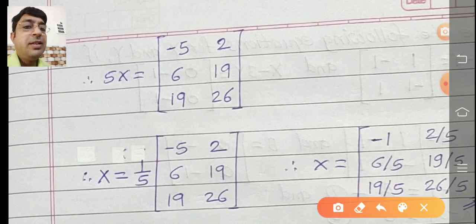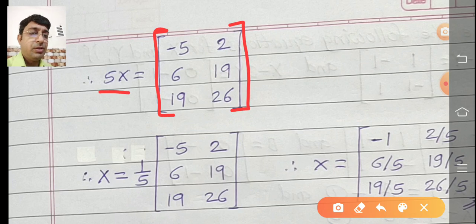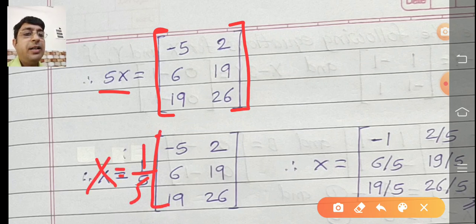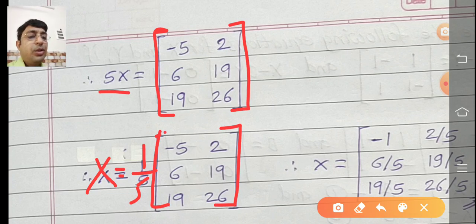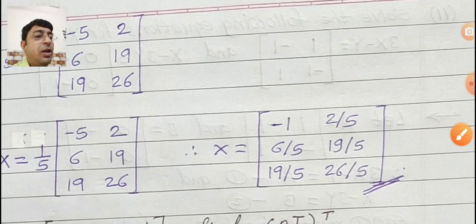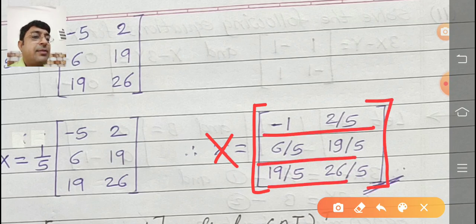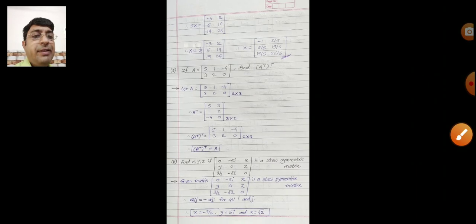But what is the left hand side? That is 5X. So 5X is equal to this answer obtained. So 5 is multiplied here, shift on the right hand side. So X is equal to 1 upon 5 into that matrix. So 1 upon 5 means divide by 5 to each element in this matrix. So we are getting the answer of matrix X is equal to divide by 5 to all the elements. In this way we find out the answer. Next one,